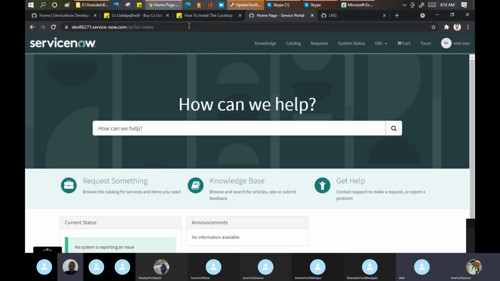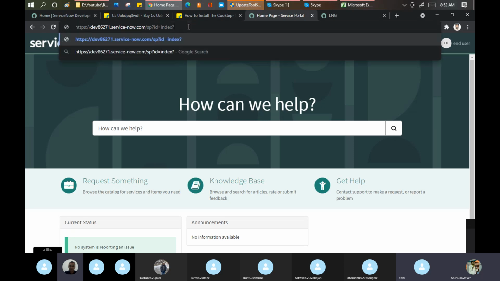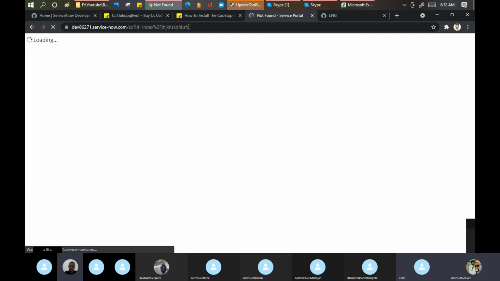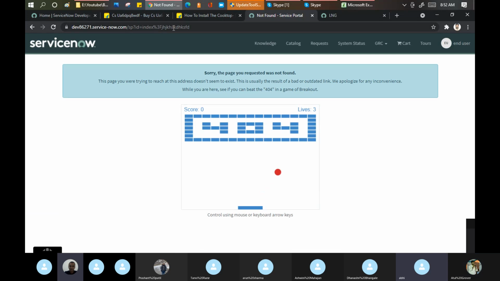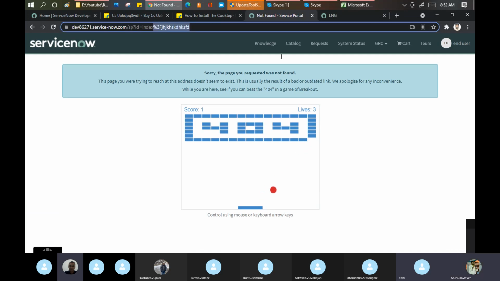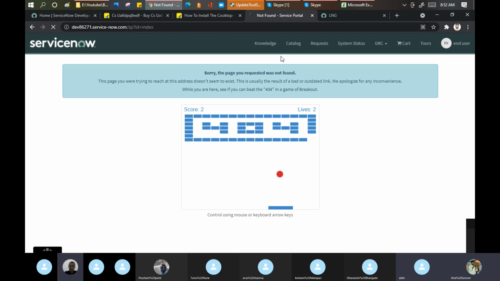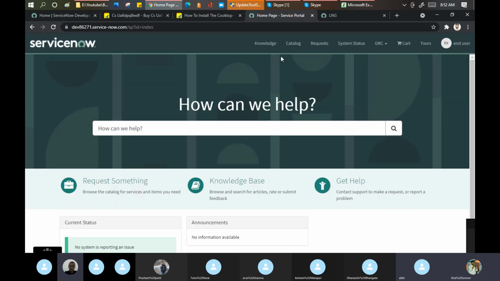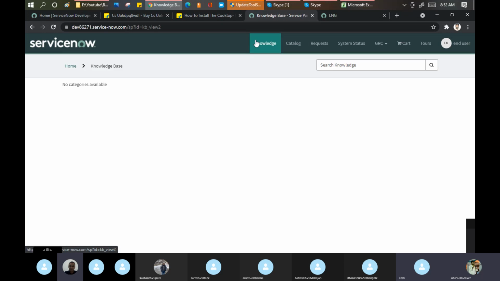Okay, let me do cache clear. See how smart ServiceNow is, you can play the game as well. Okay, leave it. So this is what we discussed in the beginning, that an end user can see the knowledge.